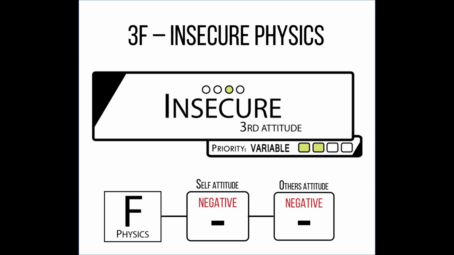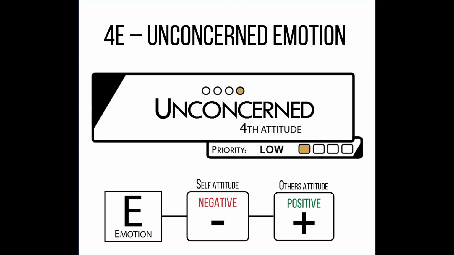And they'll run into a lot of worries about their body possibly degenerating, like maybe their eyesight, or if something's wrong with an extremity, maybe they'll worry about it and want to go to the doctor. So, this negative attitude can plague them, and that's why we call this the insecure attitude. So when we put the emotions into the fourth slot here, we call this unconcerned, and it's unconcerned emotion for them. And it's self-negative, others positive.